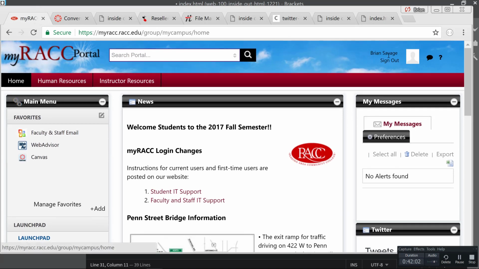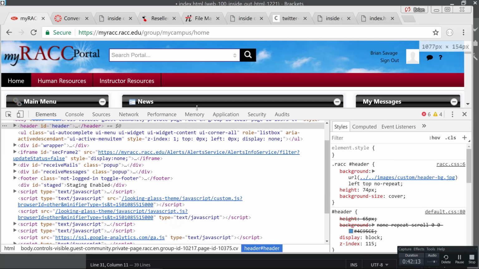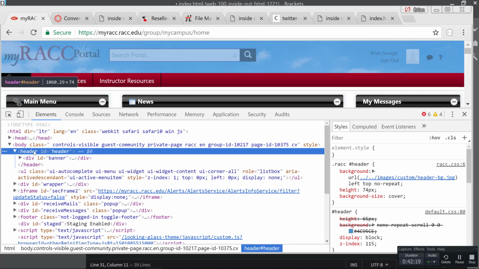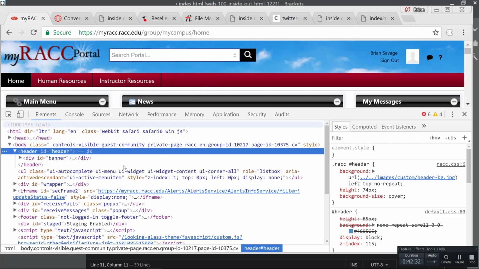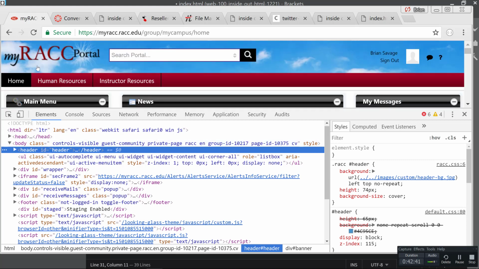Header. This thing right here, if I inspect this, you can see a lot of code here. And the funny thing is that it's kind of silly to put the ID of header inside the header. That's absolutely silly, and you'll learn why as we learn more code. Anyway, I'm not going to pick on Rack. But you can see here's a container. The header has the container in it. And what's highlighted in blue